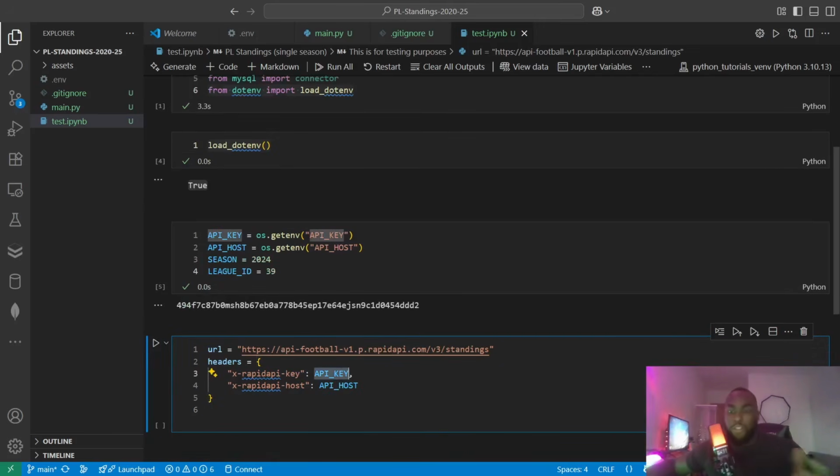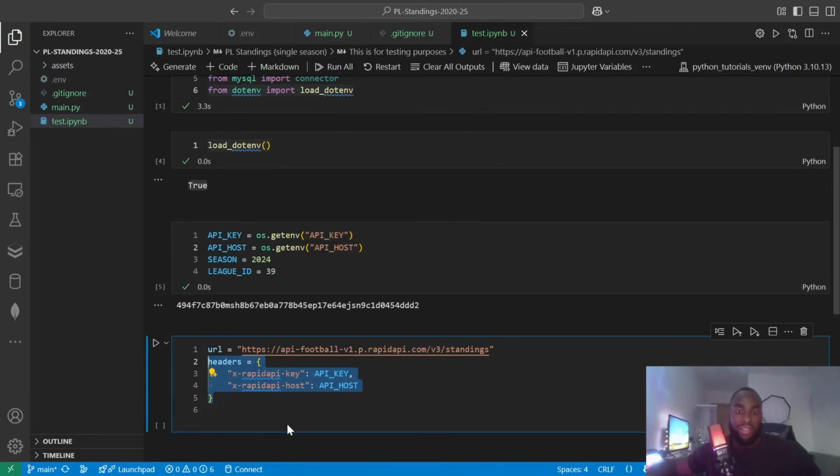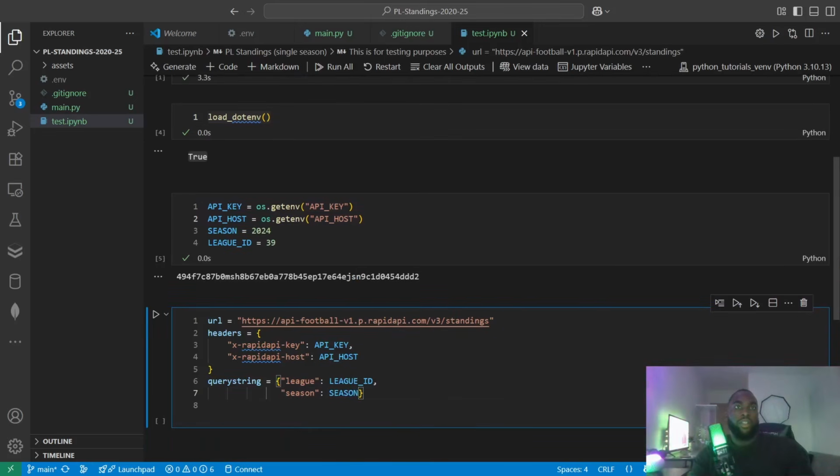And that way, in the future, if our API key changes, we don't have to manually change the headers. All we need to do is just update the API key, and this ends up changing dynamically as well. And that follows the DRY principle, so don't repeat yourself. So specify it inside a file once, and your variables pick it up. Now, the final thing we need to do is to also set up our query string. And this is going to be the league ID. So if I just type in league ID, and it's also going to be the season we want. Right. So if I hit enter,